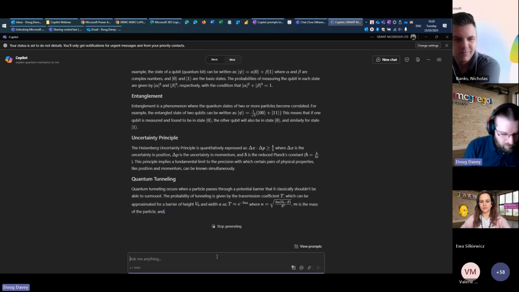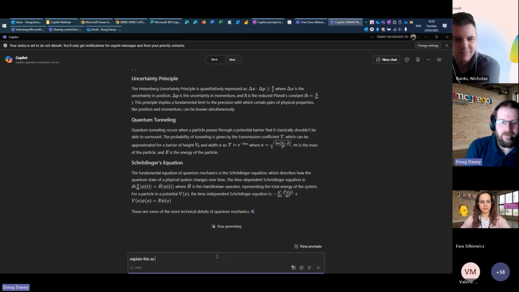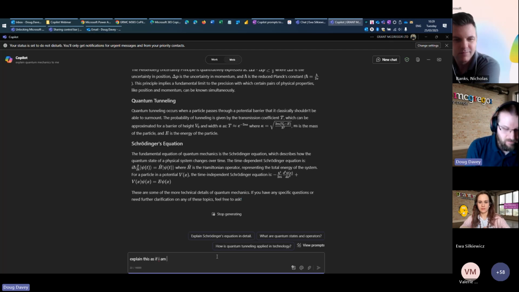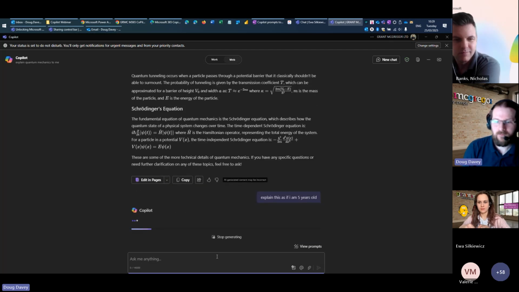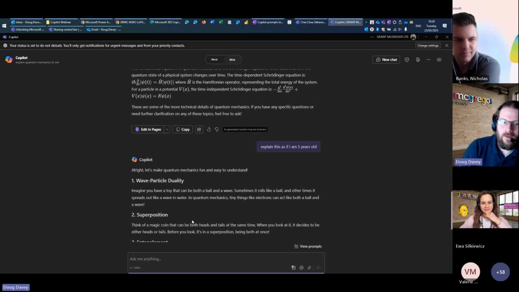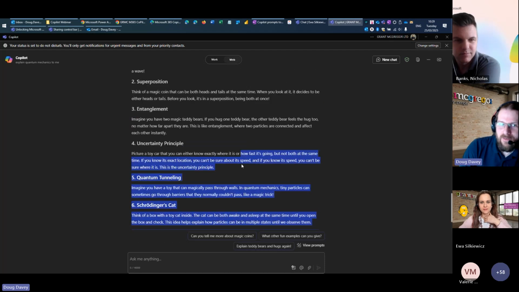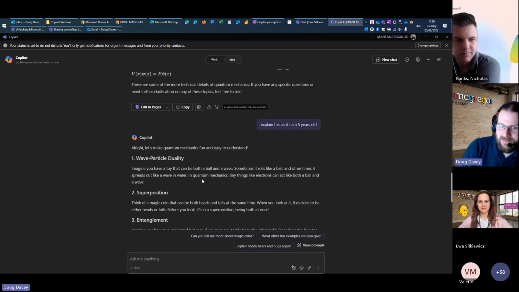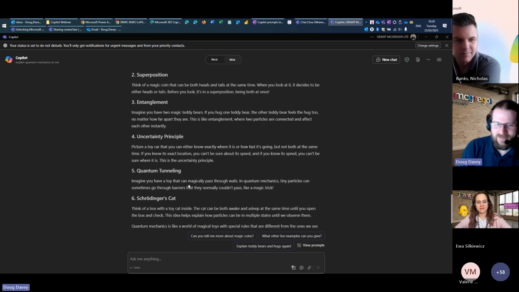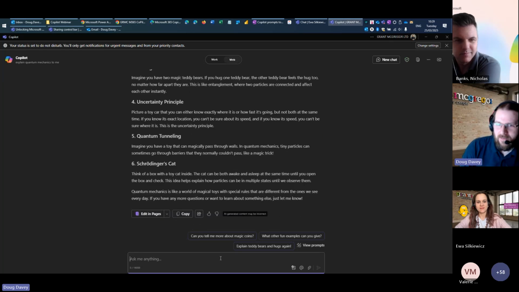But you can also go the other way. Explain this as if I am 5 years old. And it will give you something suitable for a 5-year-old. Imagine you have a toy, both a ball and a wave. Sometimes you roll a ball, and other times it spreads out like a wave in water. Much more simple. So in reality, using this in a place of work, you would be talking back and forward